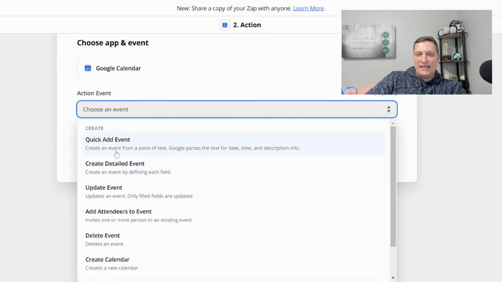For the sake of easiness, you can do the quick add event, but if you want it to be more detailed, click create detailed event. Either one will create an event in your calendar. I'm not exactly sure what one has over the other, but I'm going to go ahead and do create detailed event